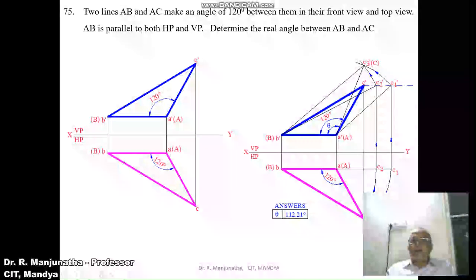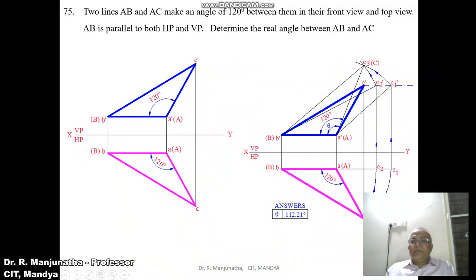Then you draw a horizontal dash-dot projector from C dash in the front view. And then you project this line from C1 in the top view to the front view, where it will cut the locus of C here, and you mark this point as C1 dash. Then join A dash C1 dash with a little bit thicker line than the XY line. This line becomes the true length, because AC1 is parallel to VP, so you get the true length in the vertical plane.